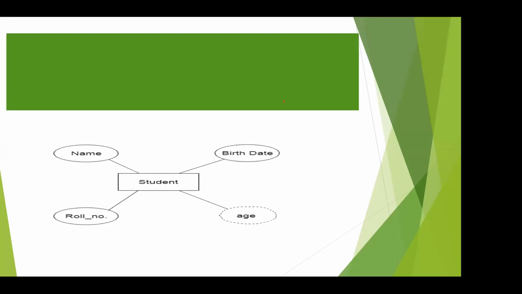Here, student is an entity with four attributes: name, date of birth, roll number, and age. Why have I drawn age as a dashed oval? Because this age depends on the birth date. If I know the date of birth, I can easily work out the age. This is a very, very important attribute, the derived attribute.